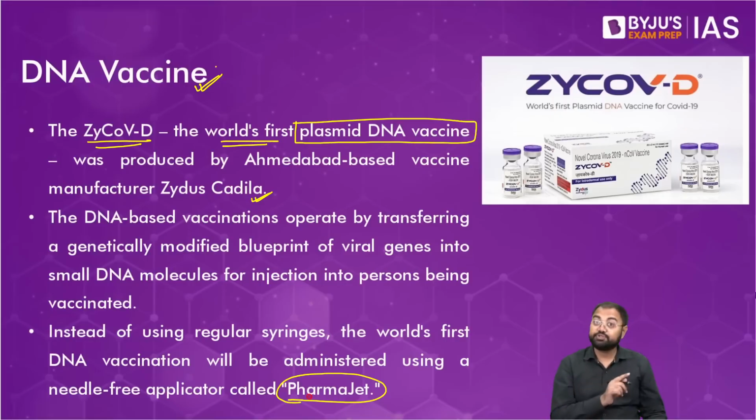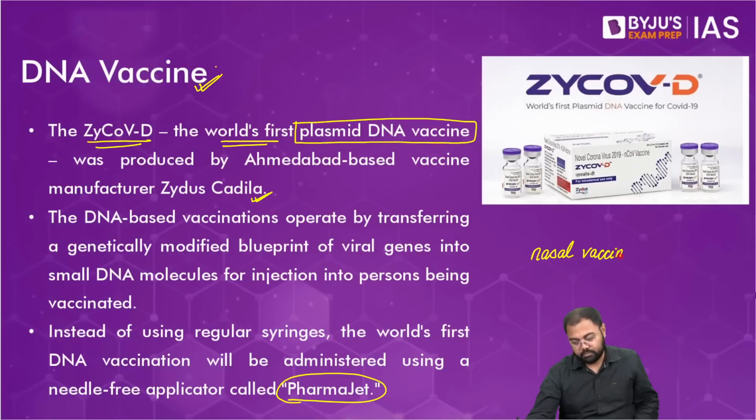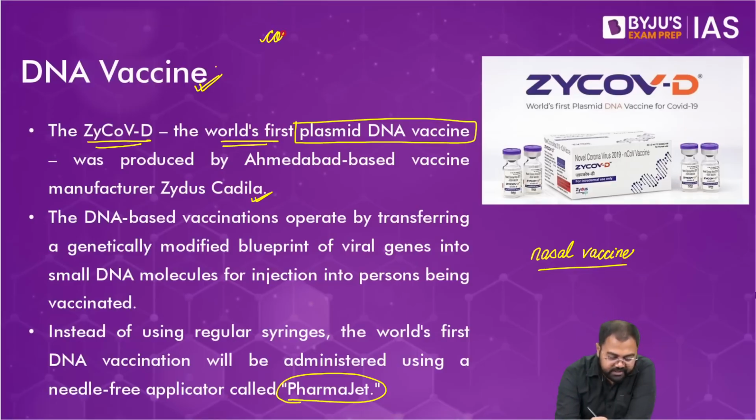For example, if you have heard about the nasal vaccine, nasal vaccines basically do not use injections. That is what we are doing here, that we are not using injections, and by doing that we are trying to, this will help us counter